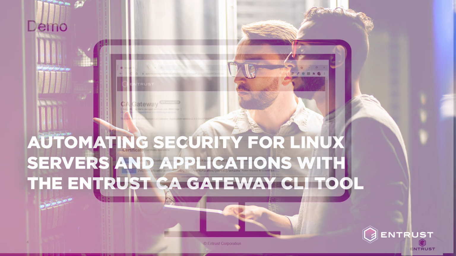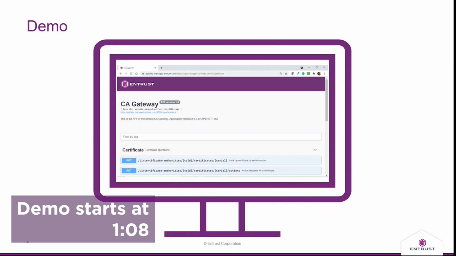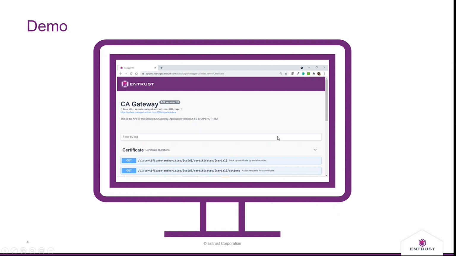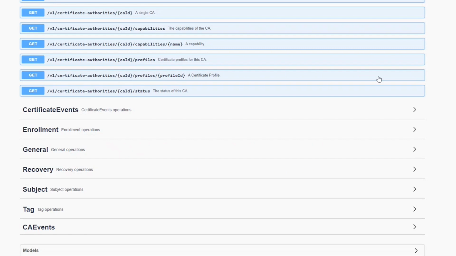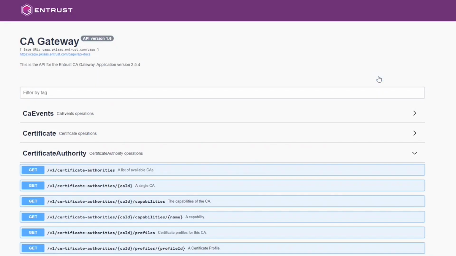Before diving into the exact CLI tool itself, I would like to take a moment to talk about the CA Gateway itself, which is our REST-based API interface. So, CA Gateway is a mutually authenticated TLS-based tool. It's a REST-based interface which provides a CA agnostic API layer for all the certificate authorities which are supported by